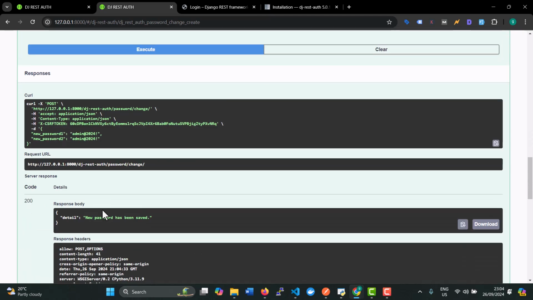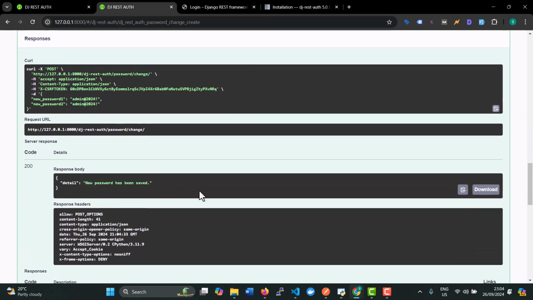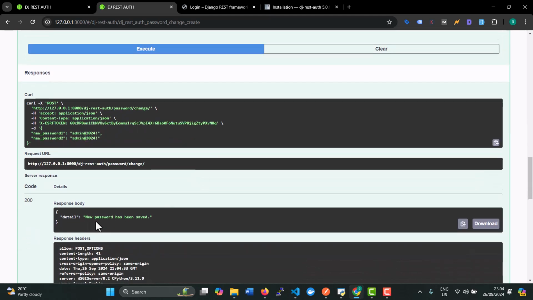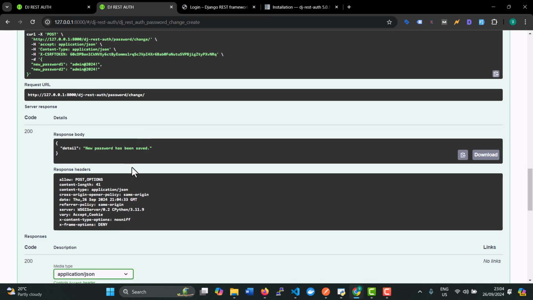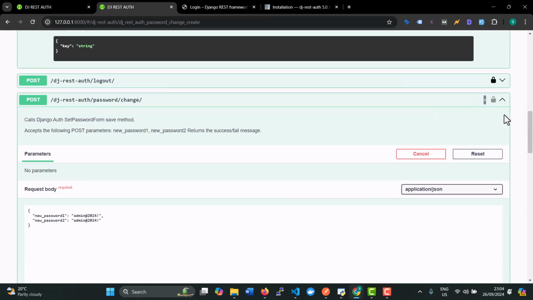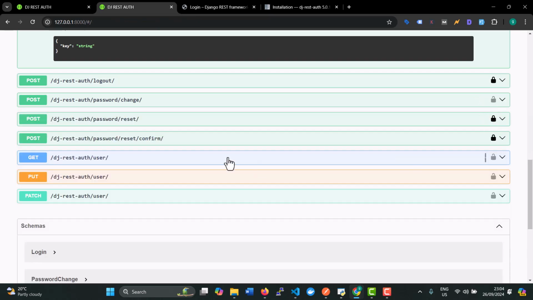So right now it says new password has been saved. So if we are logging in the next time, we have to use now this password that we've just updated. All right. So now we are going to log out because these other endpoints do not require you to be a logged in user. But before we do that, let's come to this endpoint where we can get now the